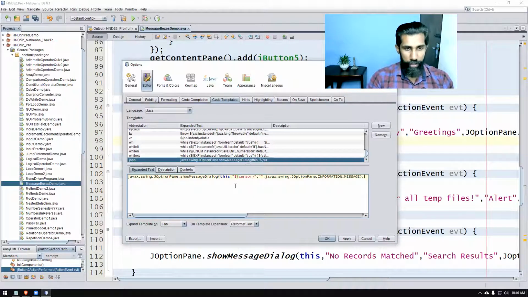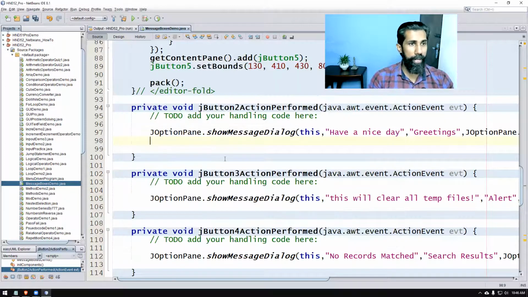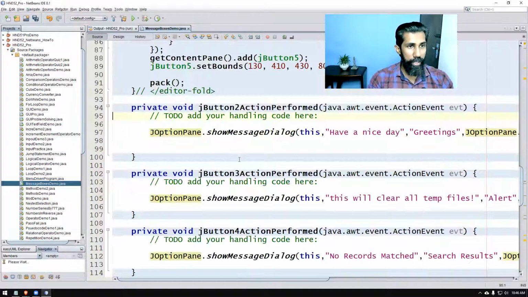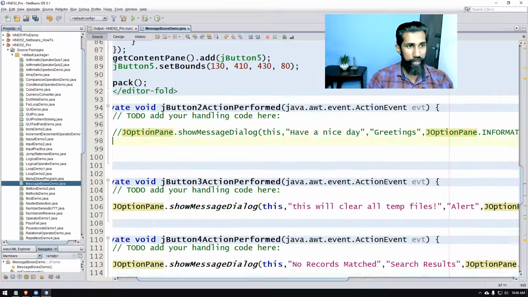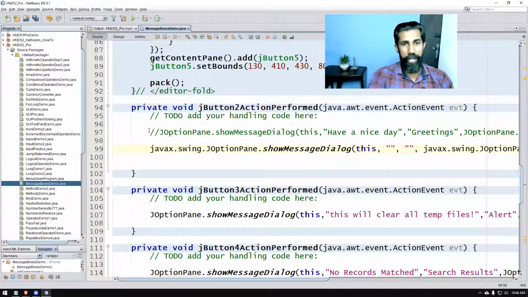This code I will copy in case there is anything wrong. So apply that, say okay. Let's see what's going to happen now. We'll take the information message and comment it, and try to get it from our code template. If I type JOPH and press the tab key, the code will be generated, and you can see the cursor automatically coming here.